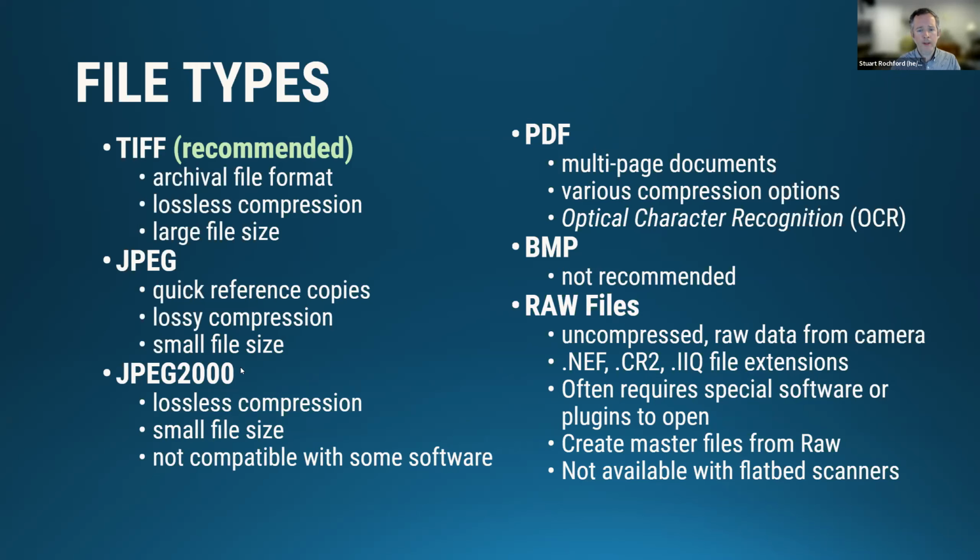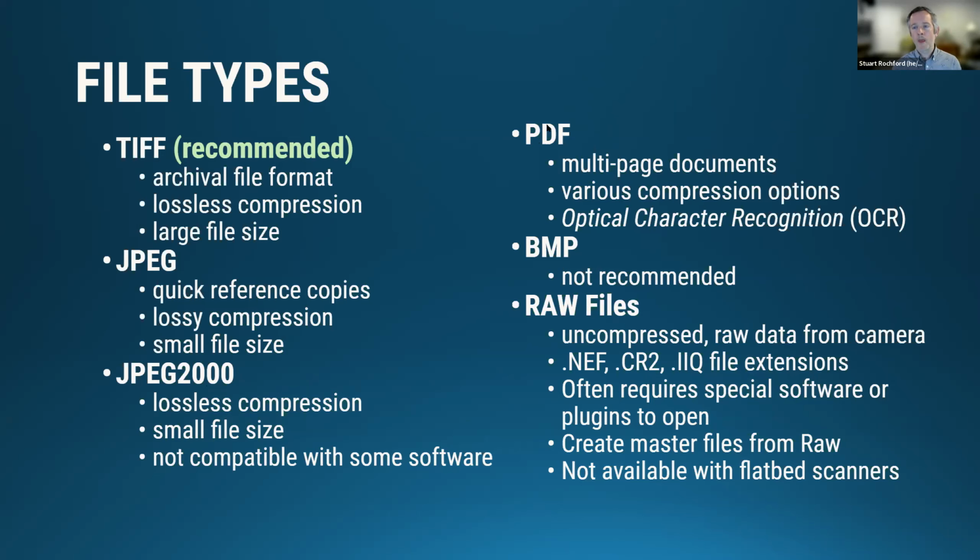JPEG 2000 has its place. A lot of online repositories will use JPEG 2000 to display high resolution images at a smaller file size. It helps with quick loading. But as far as saving files as JPEG 2000s, that's not something that we typically do these days. There are softwares that support JPEG 2000s, but a lot of those pieces of software have kind of phased out support for JPEG 2000. It does exist and it does have its place, but it's not the most widely supported file format. So I would just use caution when using JPEG 2000s in your files, and I would recommend just using TIFFs or